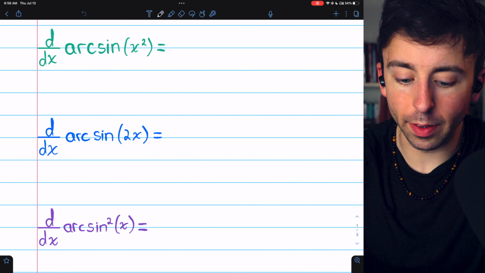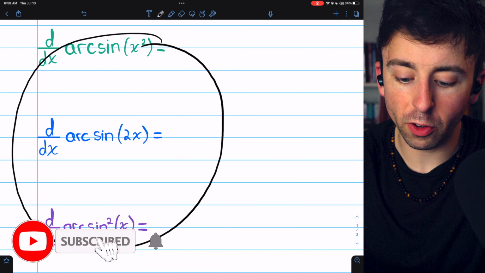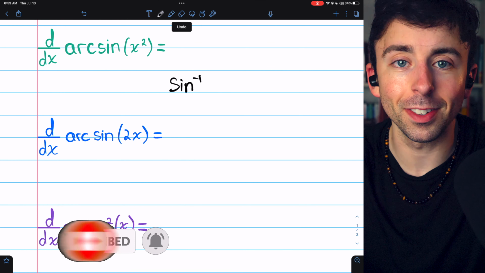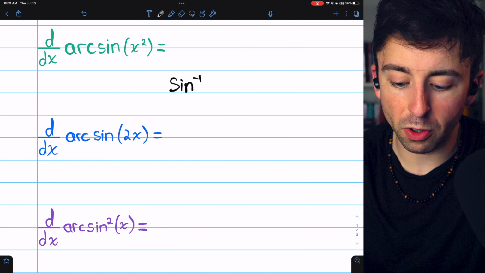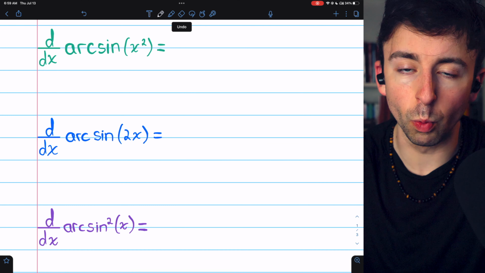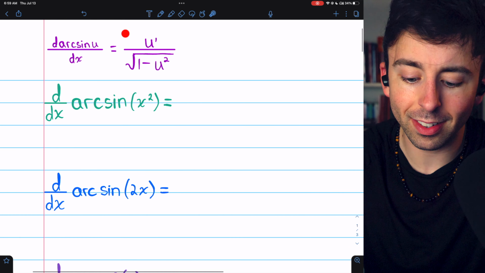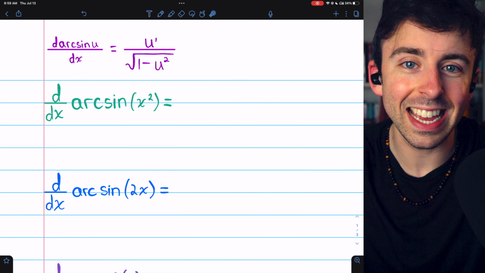Let's find the derivatives of these basic composite functions with arcsin, which is also sometimes written as inverse sine. I'll leave a link in the description to the lesson where we figured out what the derivative of arcsin is. This is the formula in the context of the chain rule, which is how we'll need it here since these